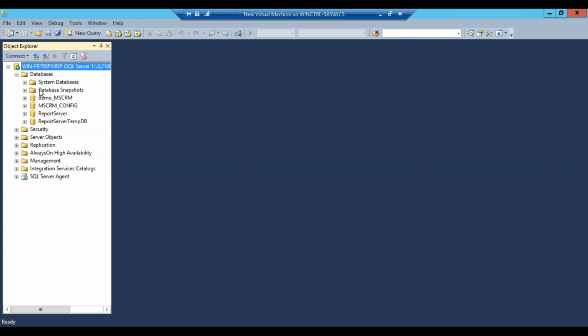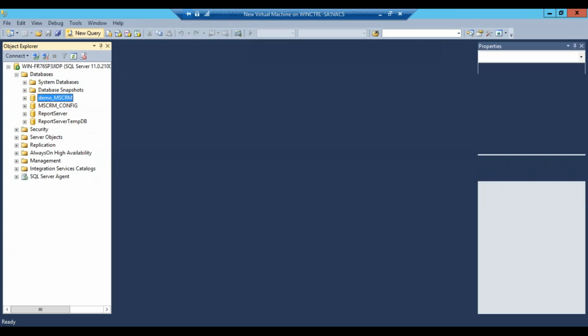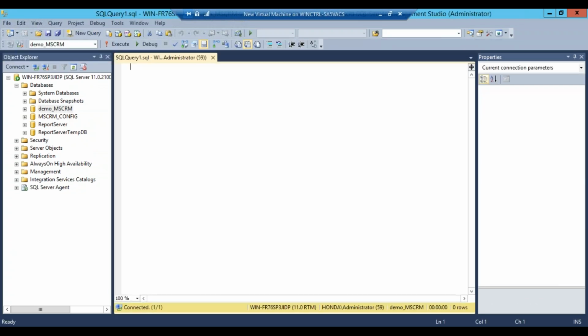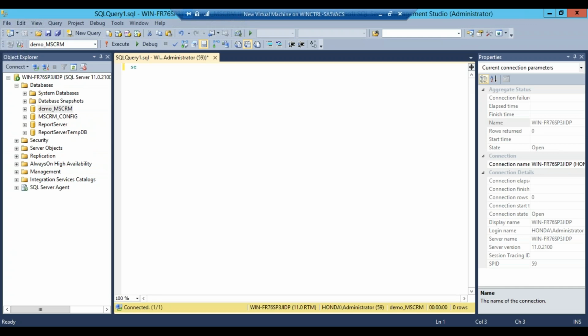If you go to the database, every organization will have one database. Here in this example, we have demo_MSCRM. Similarly, in online, you will have one database for each organization. Here I am going to select star from account.